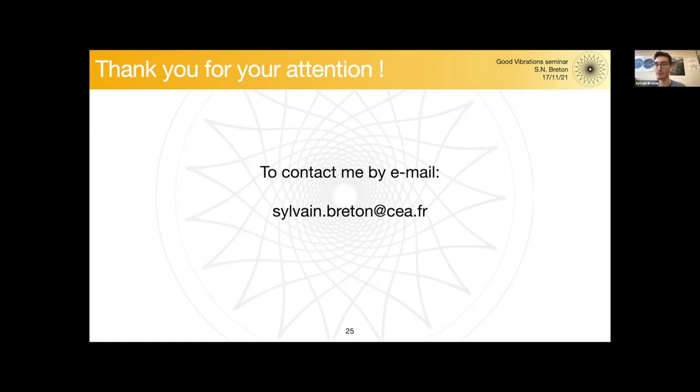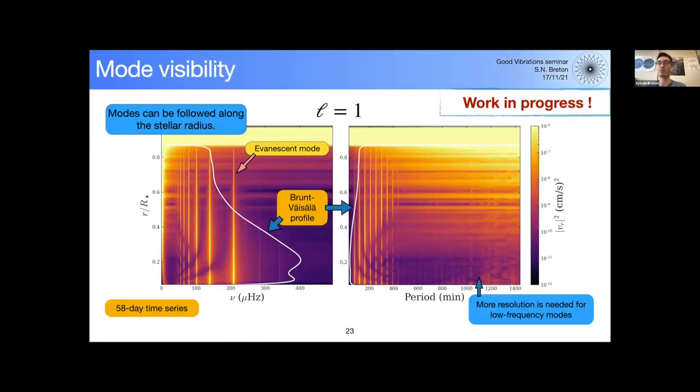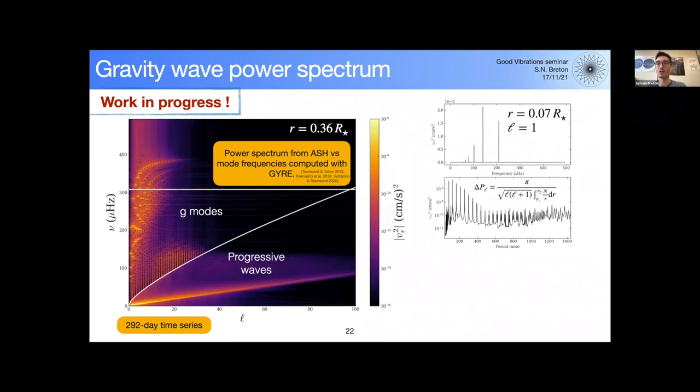Yeah, so first, I'd like to insist that the model I used is self-consistent with no boosted luminosity. So it is interesting to compare what we get with these models with the other models where the stellar luminosity has been boosted, to see the difference in behavior of the gravity waves.